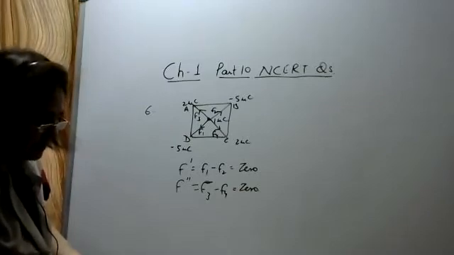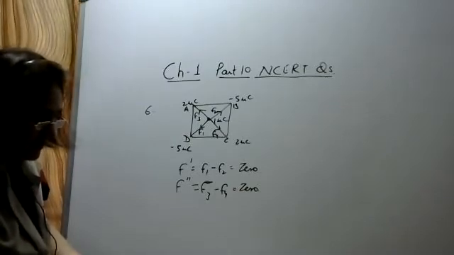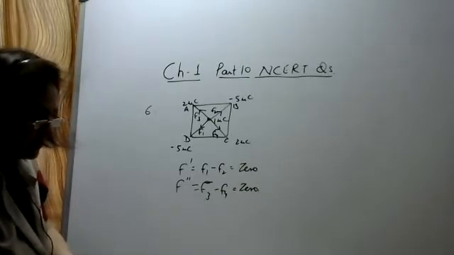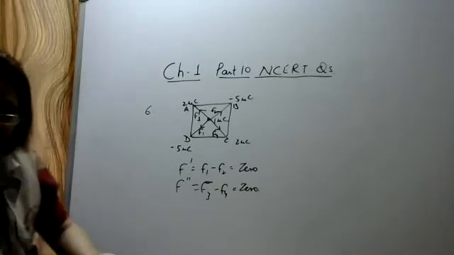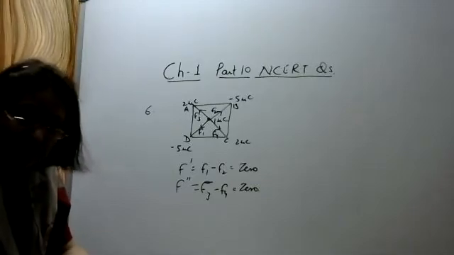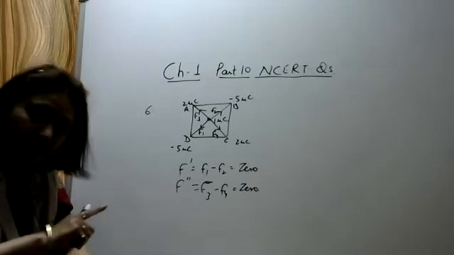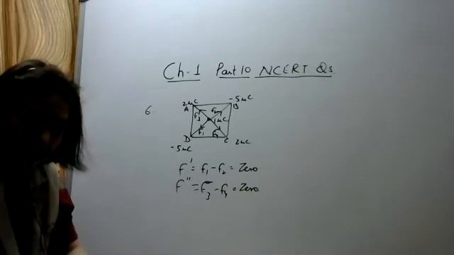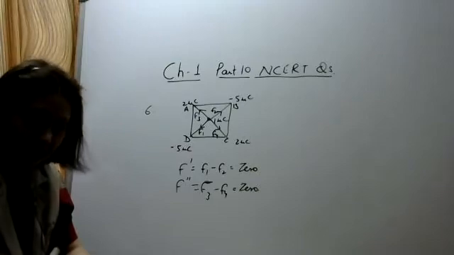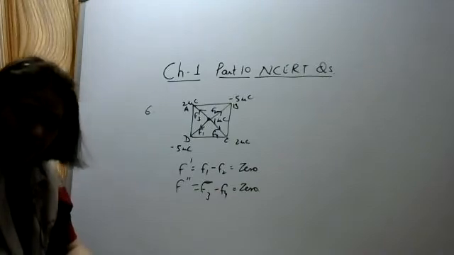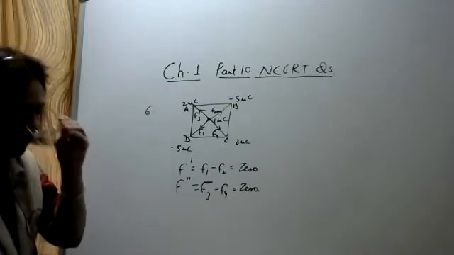Then question number 7. An electrostatic field line is a continuous curve; that is, the field line cannot have sudden breaks. Why not? Because if a unit positive charge, initially at rest, is left free in the electric field, it will move from the positive charge to the negative charge along the electric lines of force. It cannot have any break in its path. So that is why the electric lines of force also cannot have any break in them.